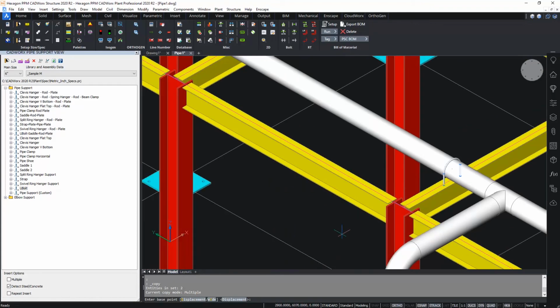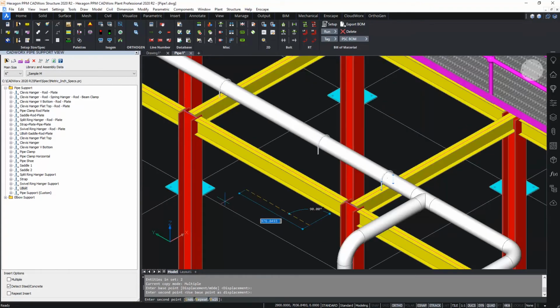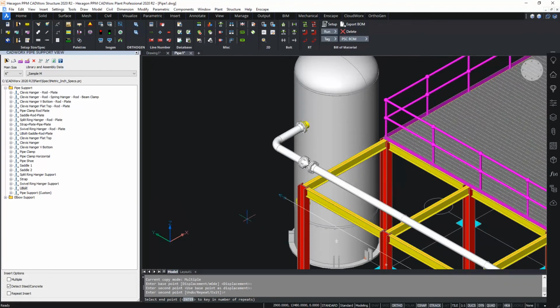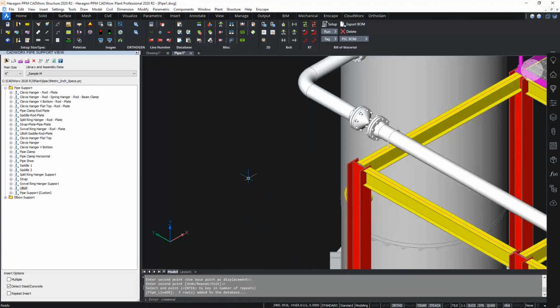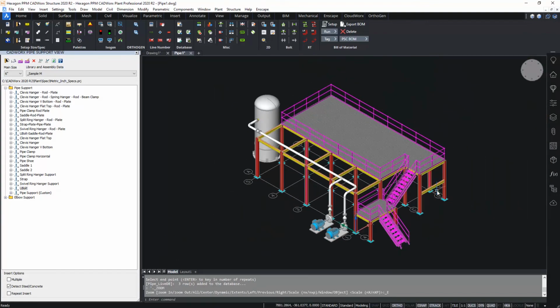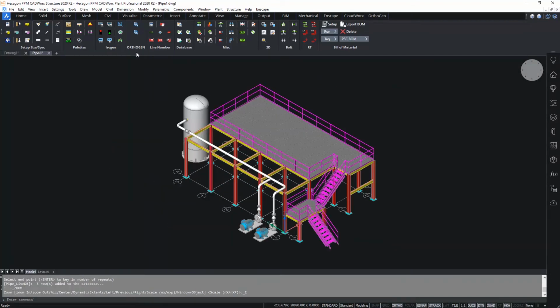And I know the steel is 2.5 meters spacing, so I'm just going to copy 2.5 meters and then hit R for the repeat option in the copy command to place 2 more on the final 2 beams. And there we go, completed pipeline, valves have inserted, all the data is linked to the P&ID along with the pipe supports. So let's close the palette and